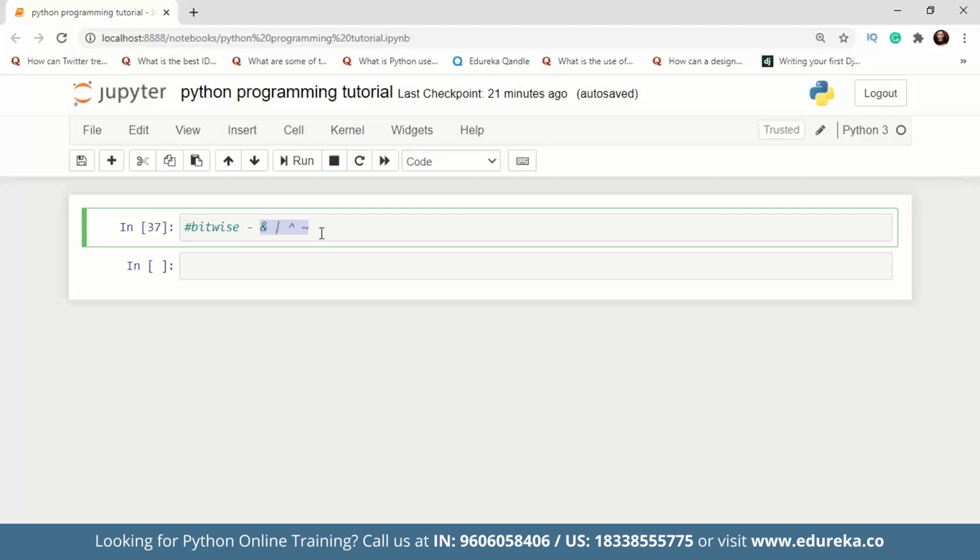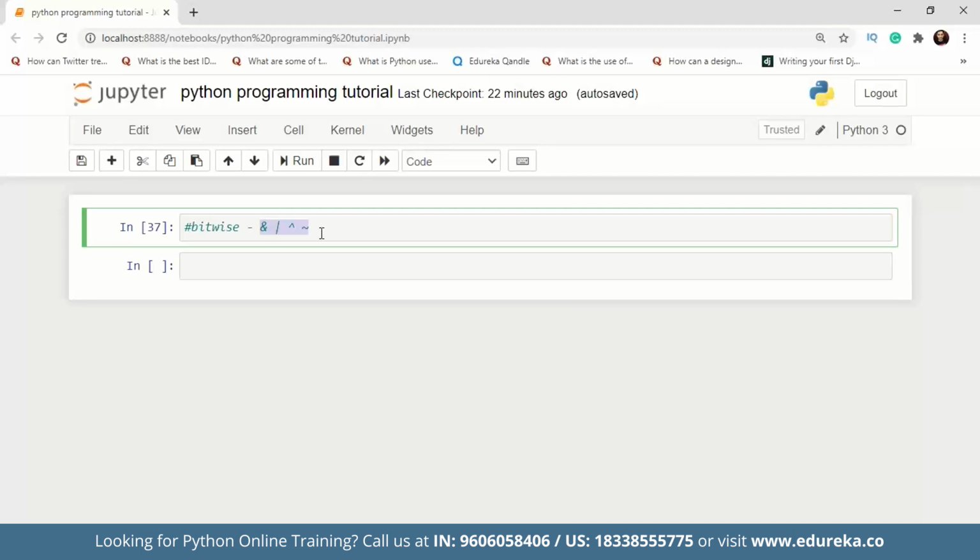If one of them is false, then the answer would still be true if you're using the bitwise OR operator. And let's say we have one of the bits as 1 and one of the bits as 0, which means one is true and one is false, then AND will basically change all the bits to 0 only. And similarly, NOT basically inverts all the bits, which means if the answer is true, it will change it to false. If the answer is false, it will change it to true.